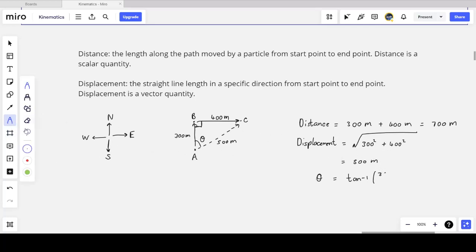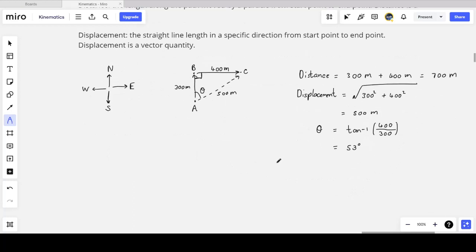actually it's the other way around. In this case, tan is opposite over adjacent. Opposite to theta is 400, so it's 400, the horizontal distance, divided by the vertical distance as we look at it, 300, which is the adjacent side to the angle theta. And what I find is the angle theta is 53 degrees. So it's 53 degrees as I've drawn it, but whenever I want to state a vector, it's always good